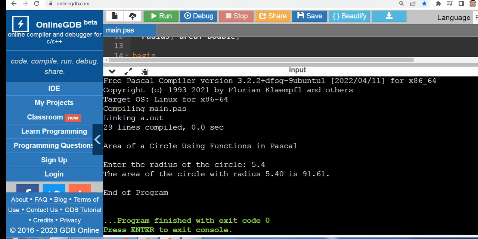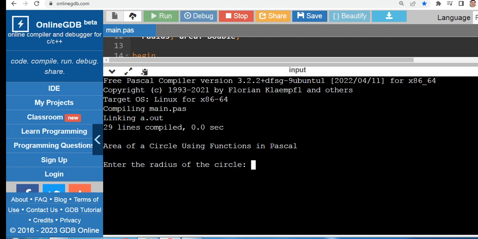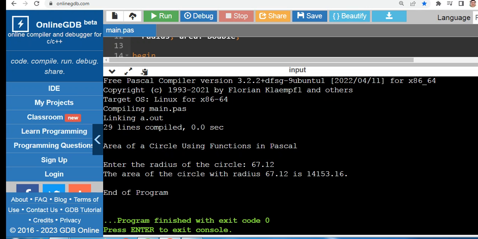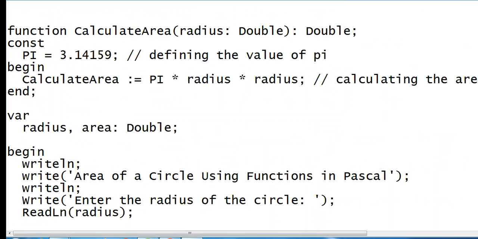The area of the circle with radius of 5.4 is 91.61. End of program. Let us run again for the second time, and then we give a set value 67.12. The area of the circle with radius 67.12 is 14,153.16. End of program. Okay guys, so this is the end of our tutorial video on area of a circle